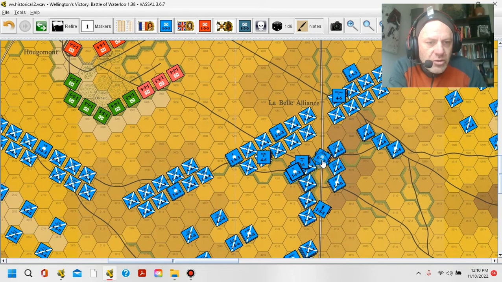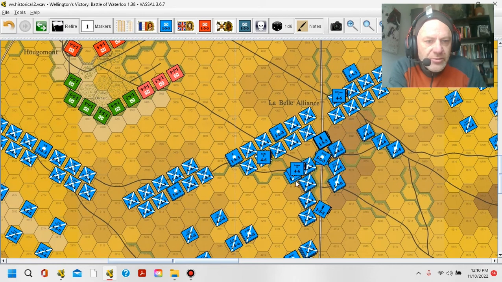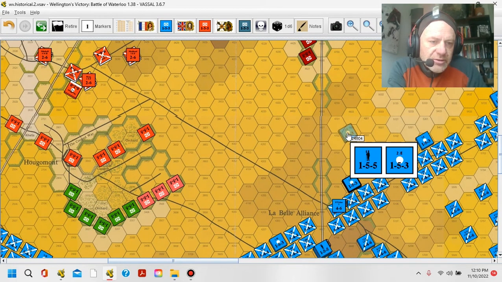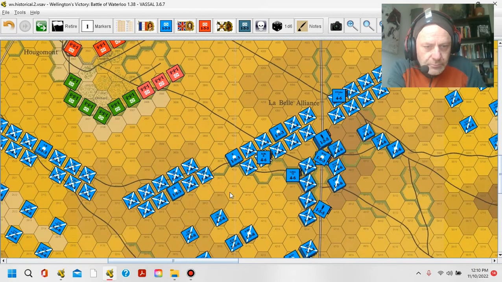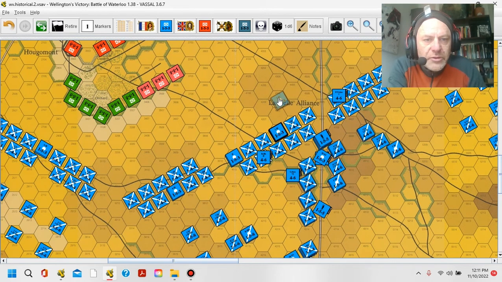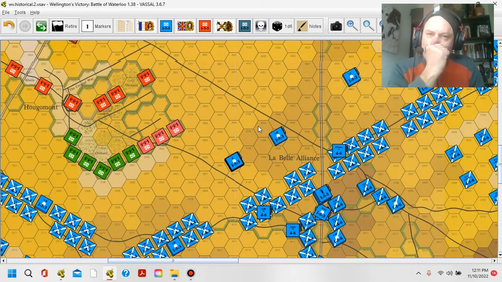1, 2, 3. And let's get my... Ooh, there's a couple of dudes here. So, 2 artillery batteries from the 6th Corps make a move. 1, 2, 3. 1, 2, 3. Second Corps artillery. 1, 2, 3. Okay. And here, when I started first looking at this game and setting it up as a